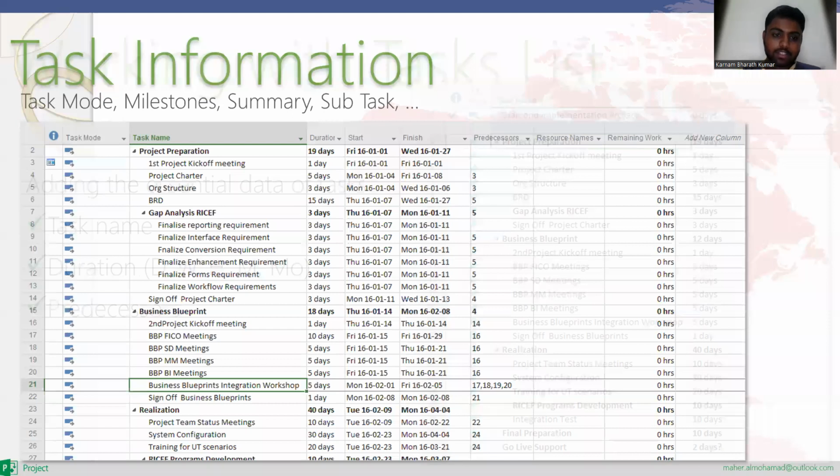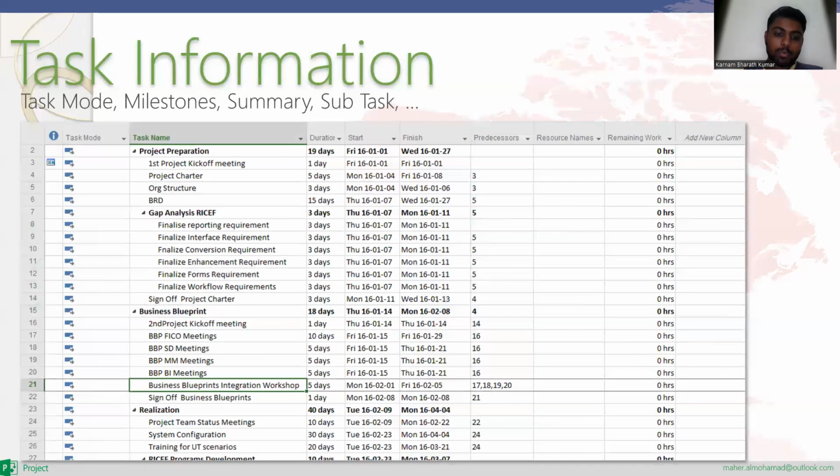The task information is mainly the business blueprint integration workshop. Mainly it is held for 4 days of this project. By the overview of 32 days of any project, the blueprint workshop will be conducted, so that the remaining work, and the work we have done, we can show in those workshops,